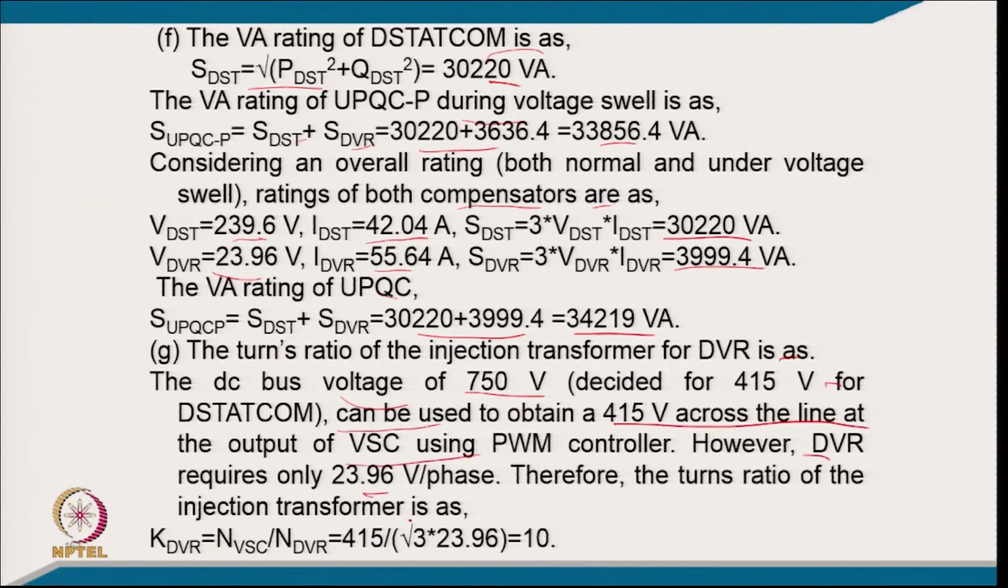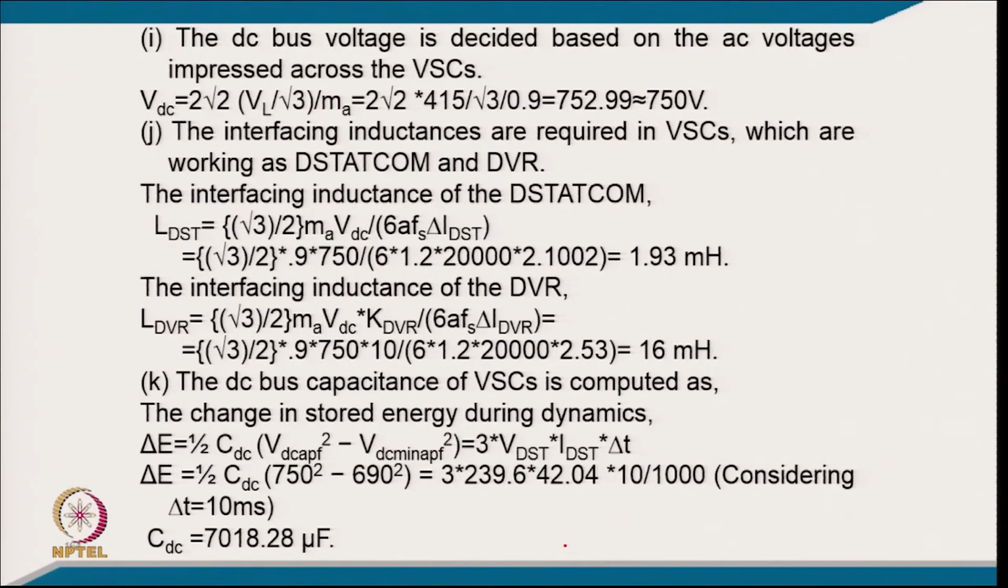However, the DVR requires this much. So, therefore, the turns ratio of this can be calculated from here, around 10, and the DC bus capacitor is decided according to this value. So, it comes to 752, we can select 750, the interfacing inductance required for which is this. So, we can calculate the D-STATCOM rating from this relation. So, it comes to 1.92, and the DVR current rating from this relation comes to 116 millihenry, and the DC bus capacitance of this, from the dynamics of this which you calculated for the other compensator also, comes like a